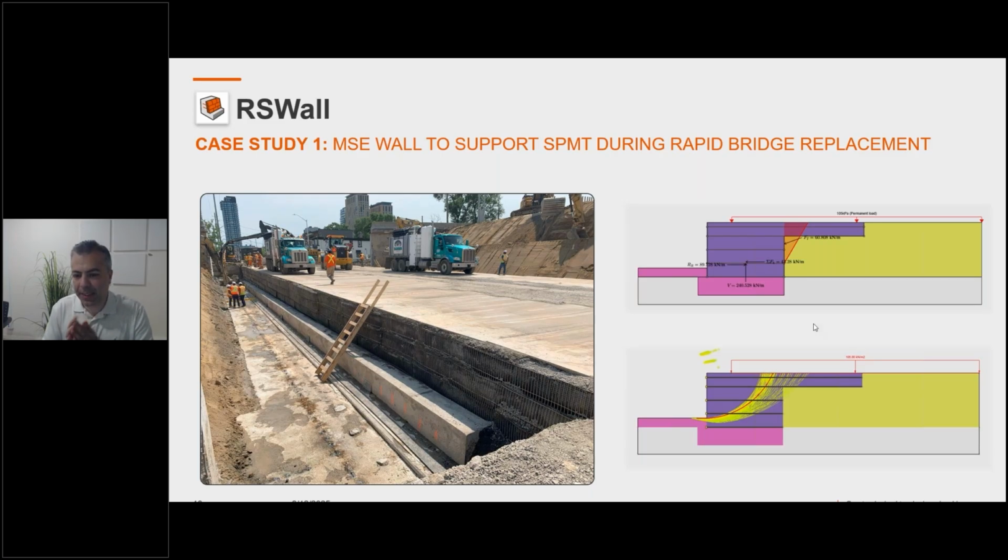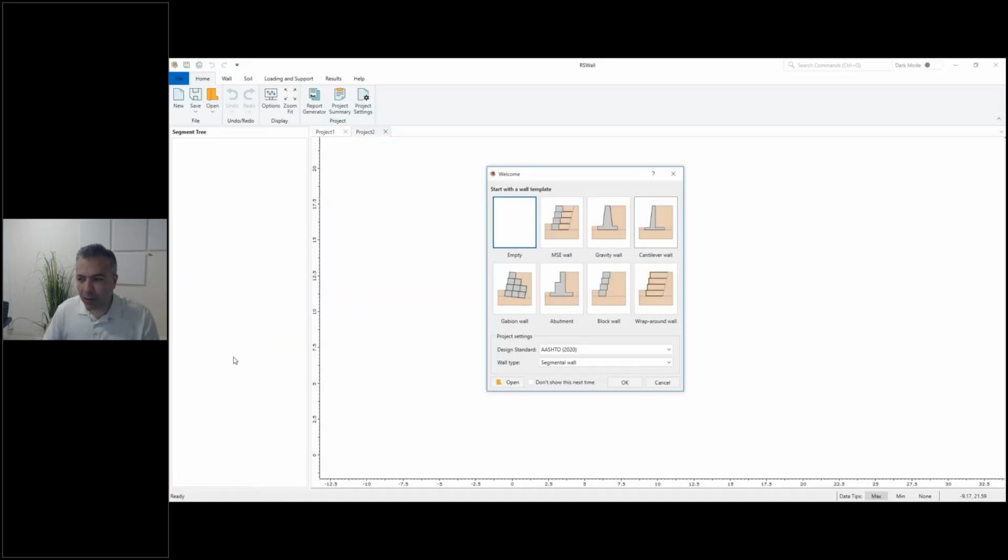So as Ali mentioned, it was a very interesting project. So now we want to take the project to the RSWall program and see how we can model the MSE wall in RSWall and then take it to Slide. So I'm going to open one